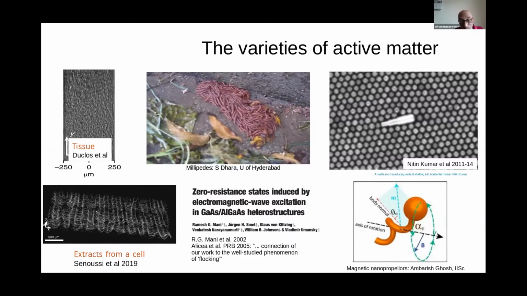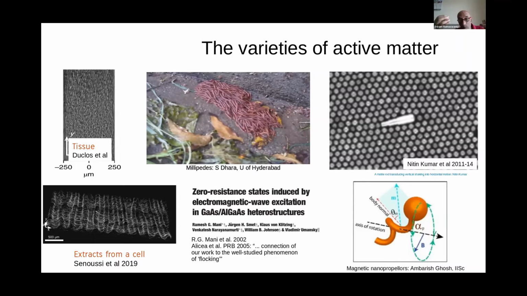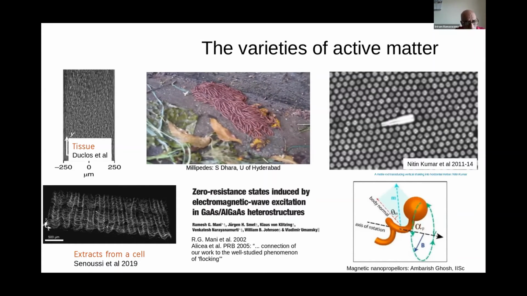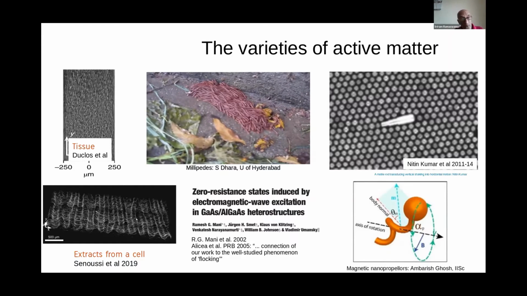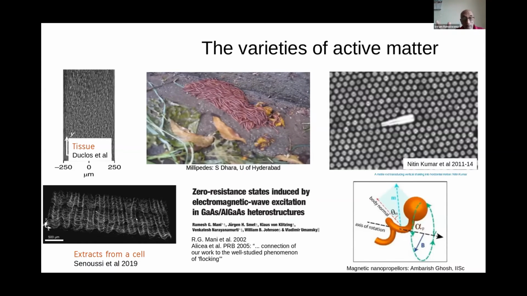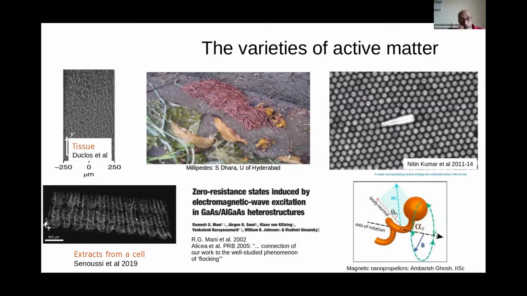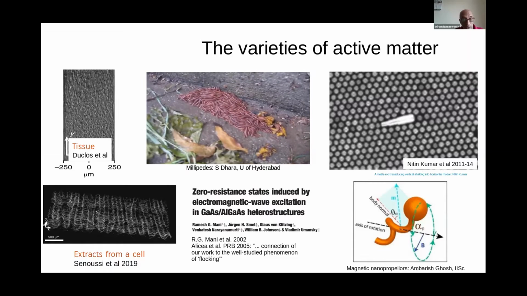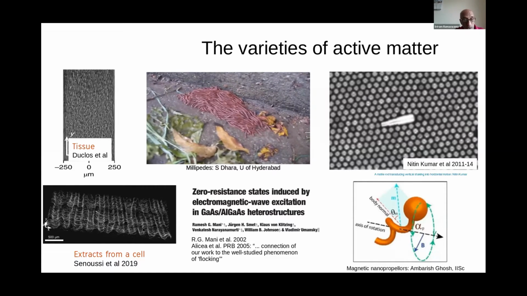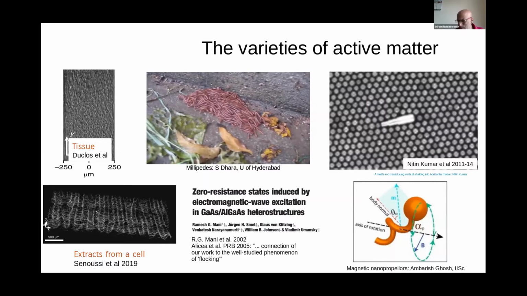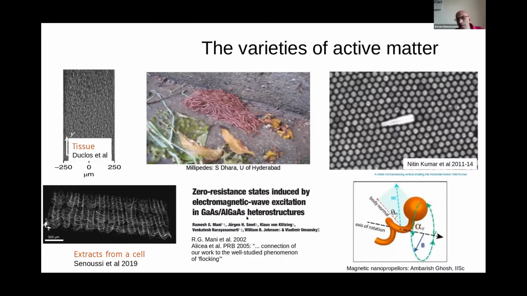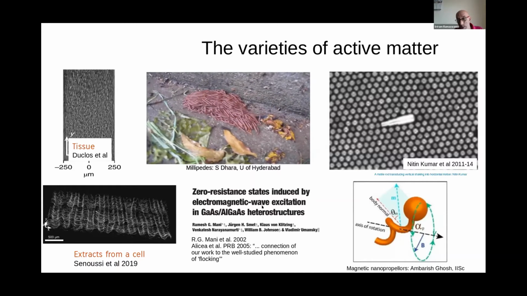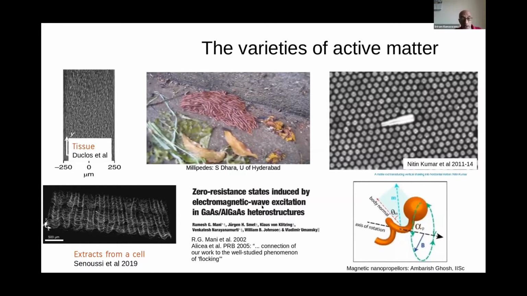You can take stuff out of one cell: biopolymers, here I think it's probably actin, motors like myosin, and the chemical fuel needed to run them, and look at them in vitro, and they form spectacular, very dynamic, very organized patterns. Here from a group at the University of Paris, Senussi et al. But there are some utterly unexpected systems which are also in principle described by active matter,